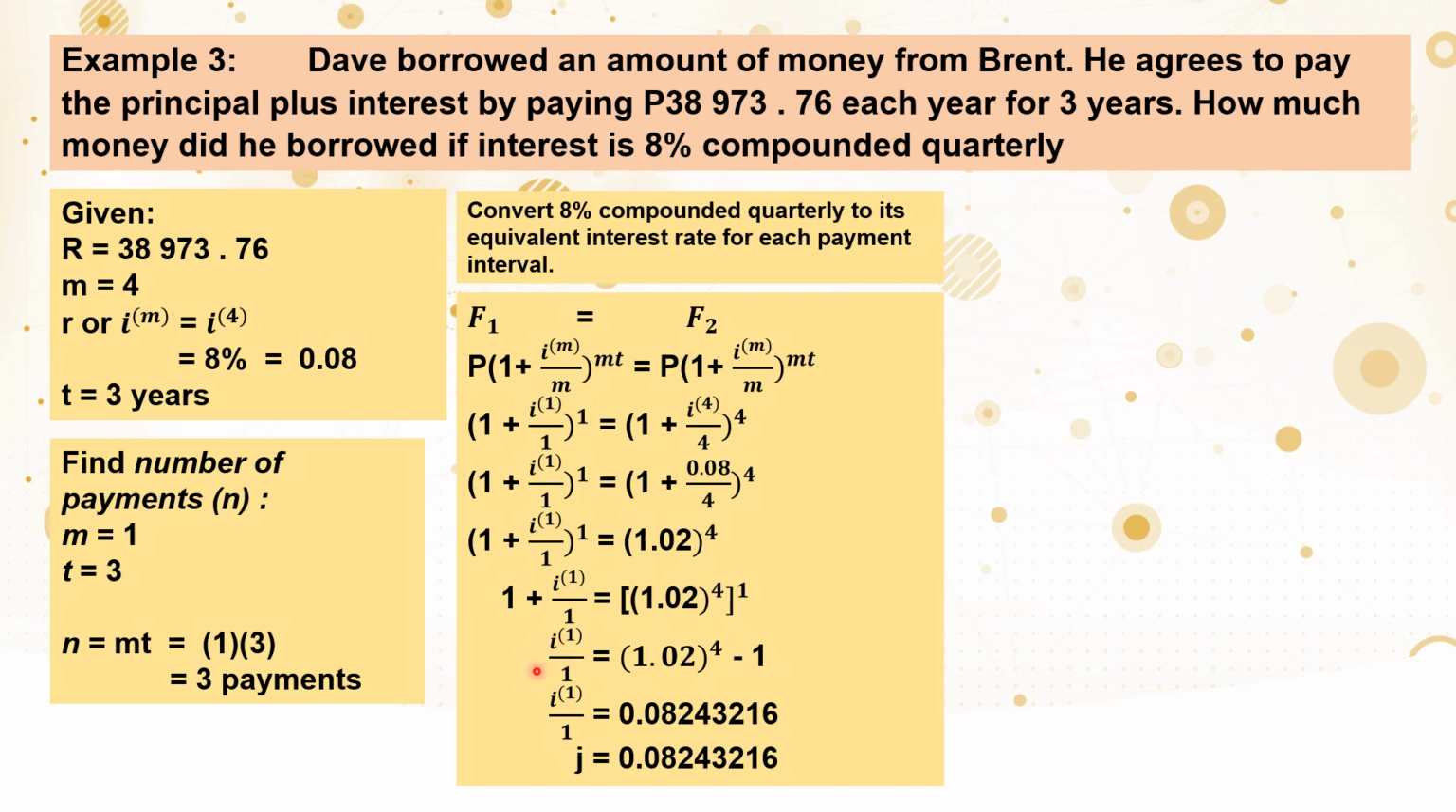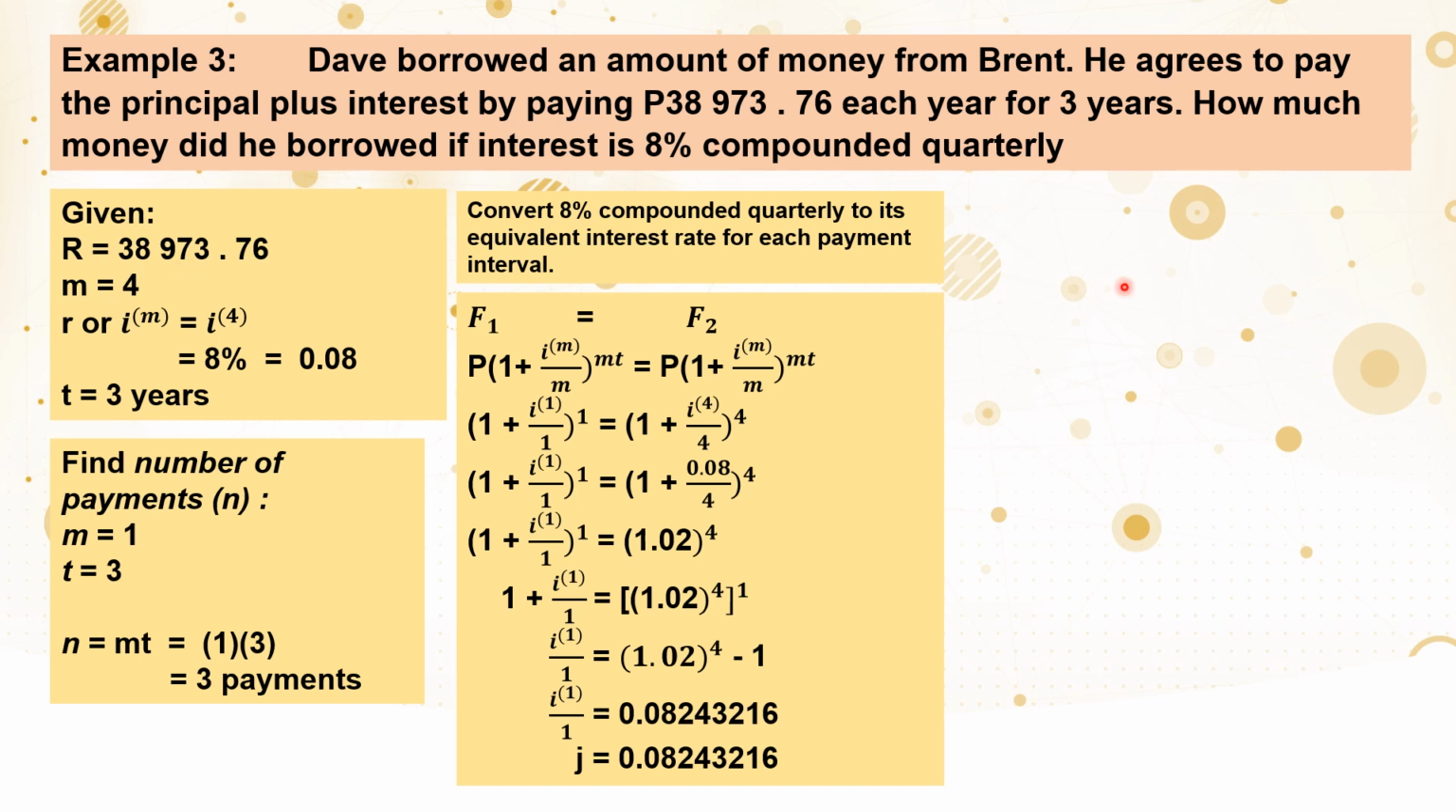So, ang natira na lamang sa ating left side is yung I raised to 1 over 1. Now, simplifying 1.02 raised to 4 minus 1 using our calculator, we will get 0.08243216. And I raised to 1 over 1 is now our J. And J now is equal to 0.08243216. So, since meron na tayong value ng J, ng N, at yung ating R, we can now solve for